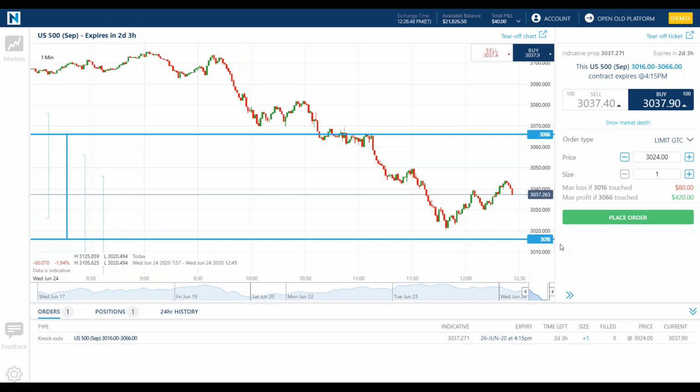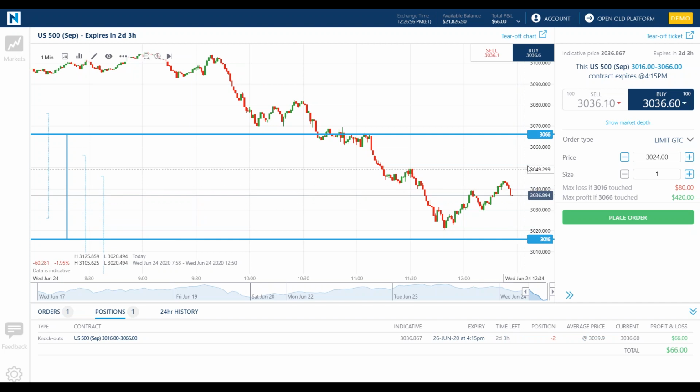I could buy it and take a partial profit earlier. Okay, I'm allowed to do that. And you know what? In fact, if I wanted to put an offer to sell one higher, I could put an offer to sell one higher. I could put an offer to buy one lower. You can always put an order in between. You don't have to wait to see what happens with your position. You can always trade out of it.